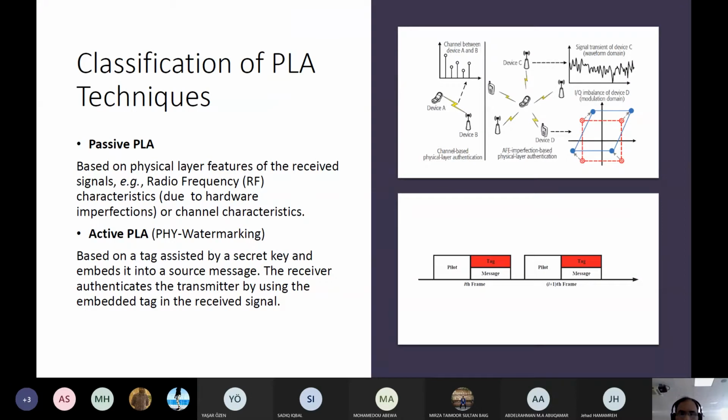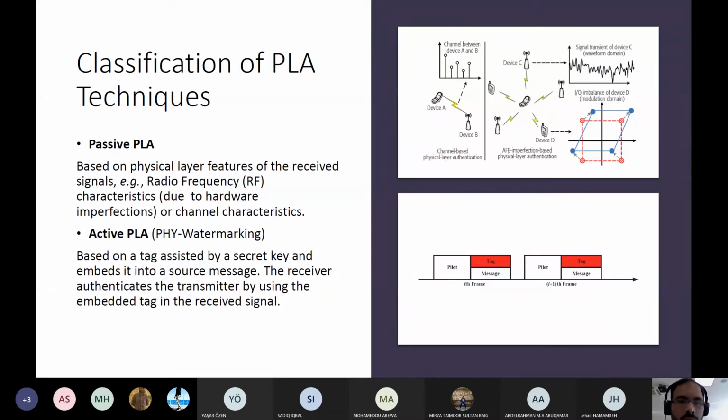In the passive case, as the name suggests, passive means you are not changing your signal. You are just extracting whatever features are there, whatever radio frequency characteristics due to hardware imperfection you can extract from the signal, or the channel characteristics. You are not adding anything to the signal.